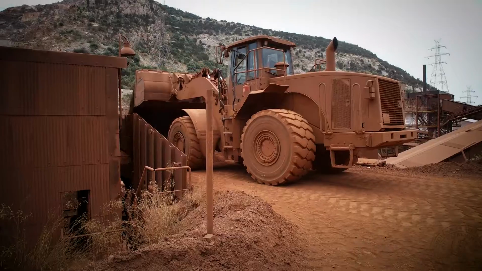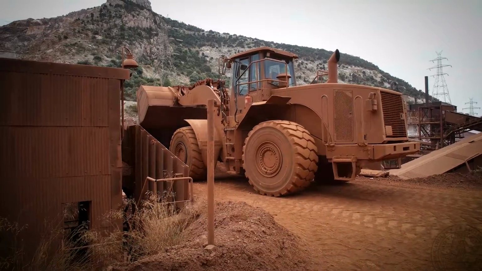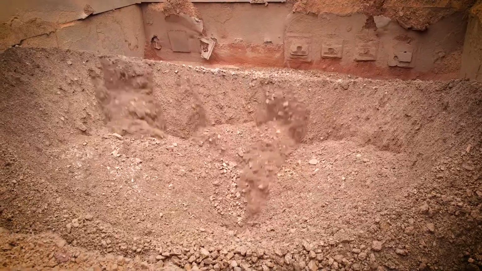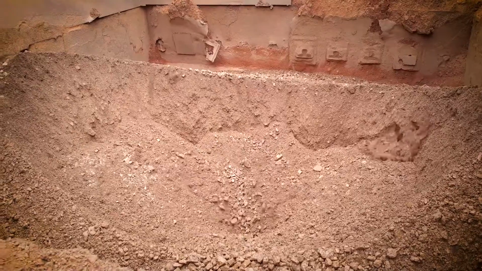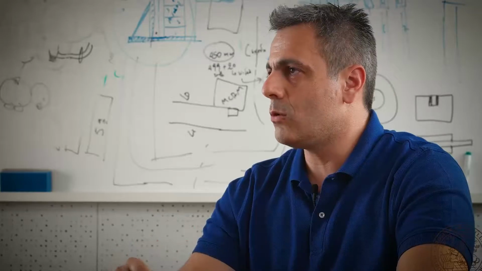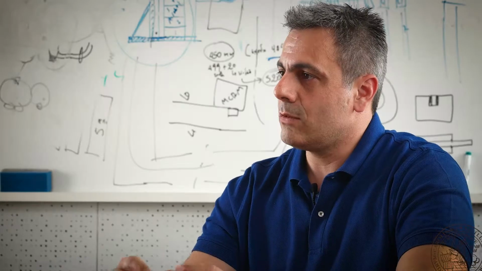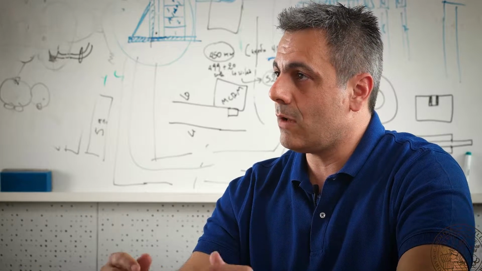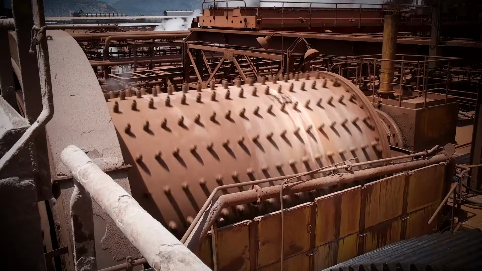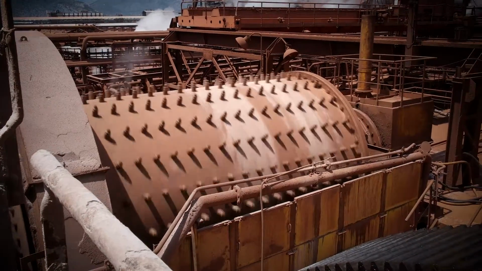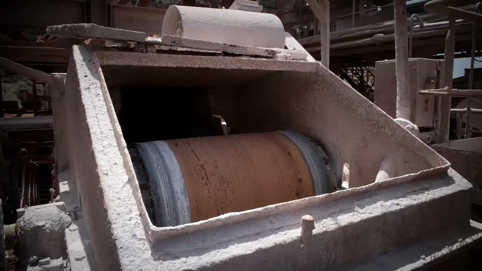In order to decrease the size of the bauxite, we have a line of crushers. The target is to decrease it from 100 millimeters to about 100 micrometers, so 1000 times less. We begin with the crushers, and then we also have grinders. We have 2 rod mills and 5 ball mills in order to decrease the size.